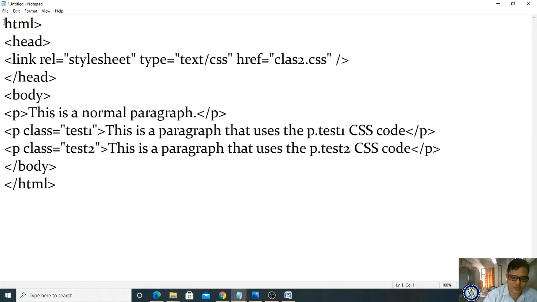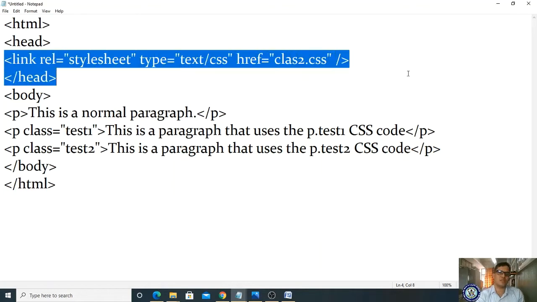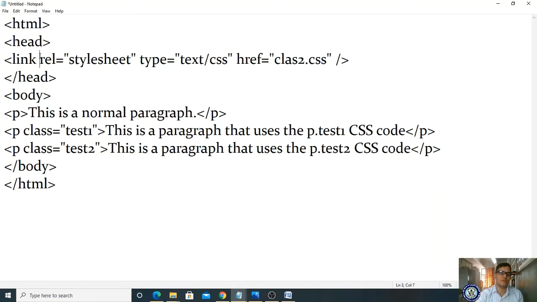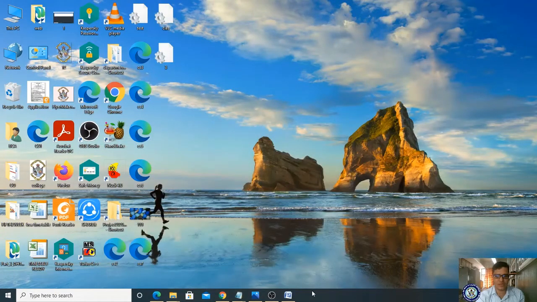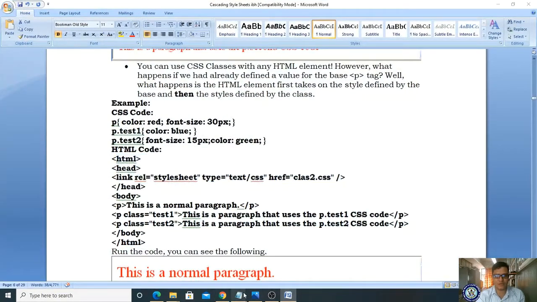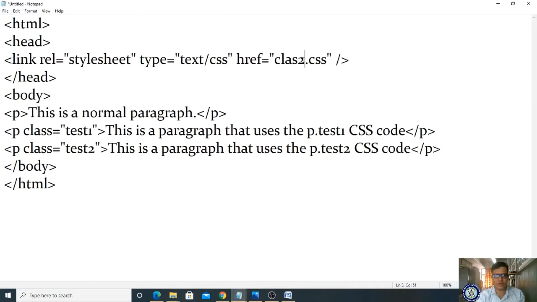Here the HTML tag exists. And if you are using the class concept, you are using external style sheets. In external style sheets, you are supposed to use the link tag. In the link tag, rel is there, and rel indicates the style sheet. Okay, and type indicates text/css, and in href we have to specify the address of your style sheet. So what is the name of our style sheet? We have given 3, right? Let me give it as 3.css.